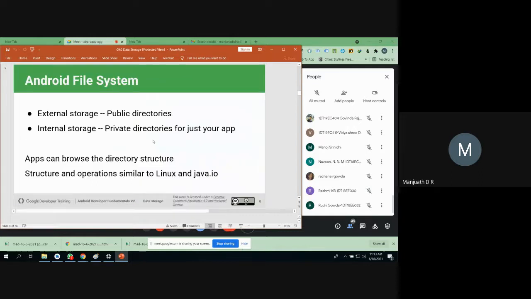Now, files. Whenever you refer to the Android file system, we know that Android is based purely on the Linux kernel, right? I already explained this. This operating system is based on the Linux kernel, like Linux operating systems such as Ubuntu and Fedora. Even Android is based on the Linux kernel. And whenever you have a Linux kernel, the way of handling files is completely similar to the way you handle them in C programming on Linux or Windows.